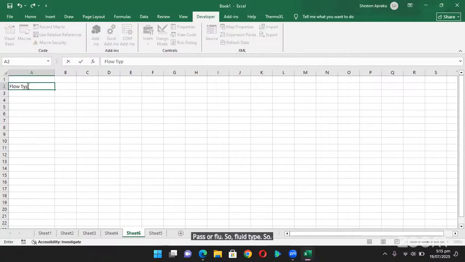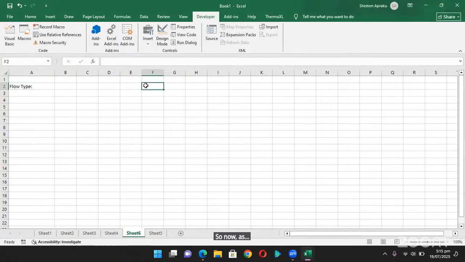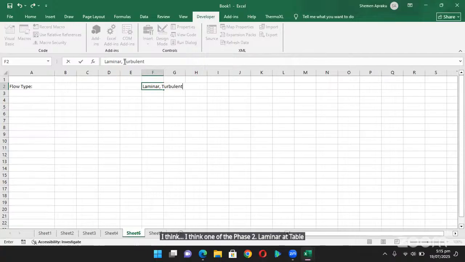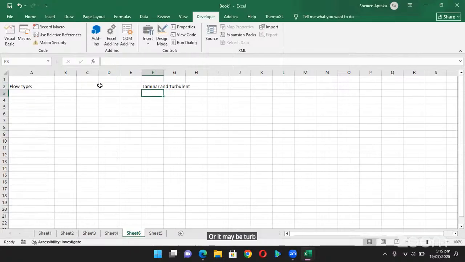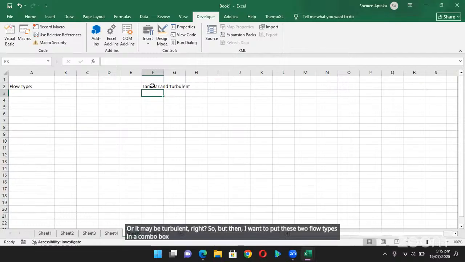So flow type. Now, as we all might agree, for flow type, it might be laminar, turbulence, or translational, right? I think I will take only the first two, laminar or turbulent. So let us assume that our flow may be laminar or it may be turbulent, right? But then I want to put these two flow types in a combo box on the worksheet